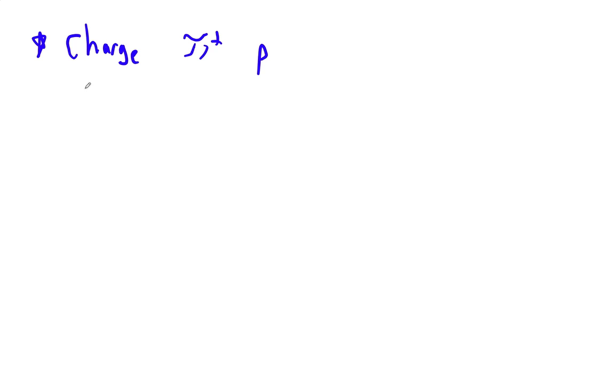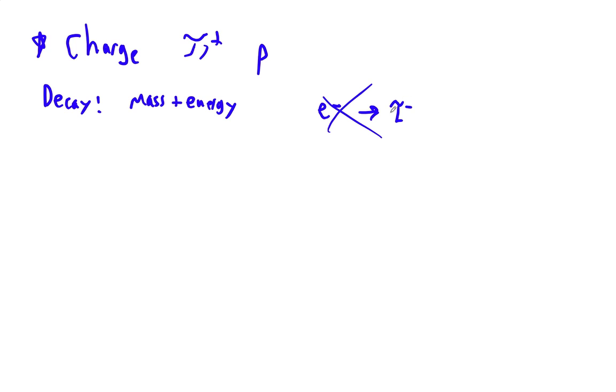The other things that are conserved are, in a decay, we need to conserve mass and energy. Because remember, energy can turn to mass and mass can turn to energy. But if you have a decay, you can't have an electron decay into a tau, because a tau is much, much larger than an electron. So that can't happen. But a tau can decay into a muon and an electron. There have to be other particles too.